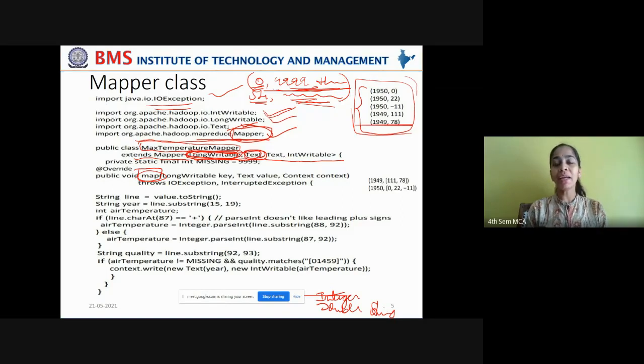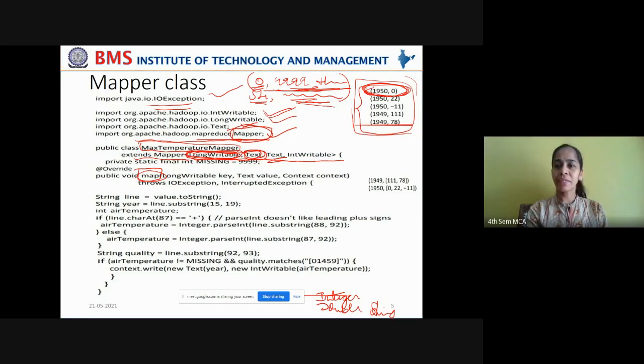And what type of data does it emit? What is the output of the map phase? Again, a key value pair. Now, what is the key here? Once the processing is done, this is the key value pair that it emits. The key is the Text, that is the year. Are you going to analyze anything with respect to the year? No, it is simply treated as a string. You are not going to find the maximum of a year, or perform any computation on the year. That is why it is treated as a simple string, and for string in Hadoop, we use Text.